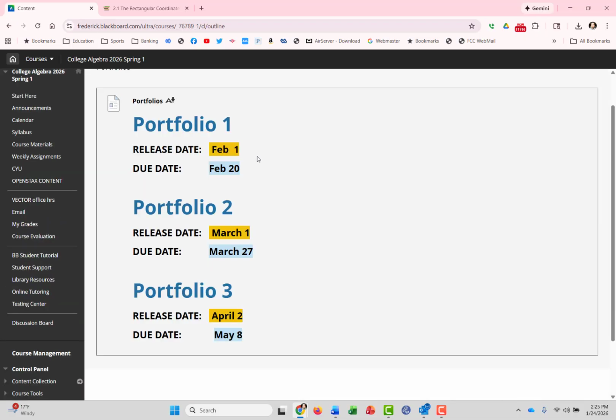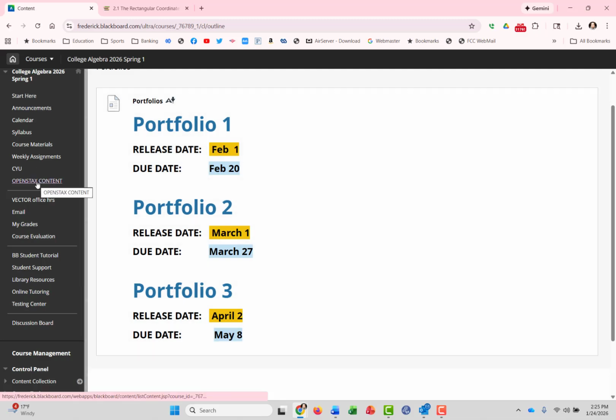Portfolios serve as a test review, so they're due before each test. These are hard deadlines because right after the deadline, an answer key will be released for each portfolio, so you can use them for review for the upcoming exams. Even if you haven't completed all the portfolio questions, you need to submit it before the due date in order to get any credit for it. After the due date, there will not be any credit for late portfolios, since the answer key will be released the next morning.